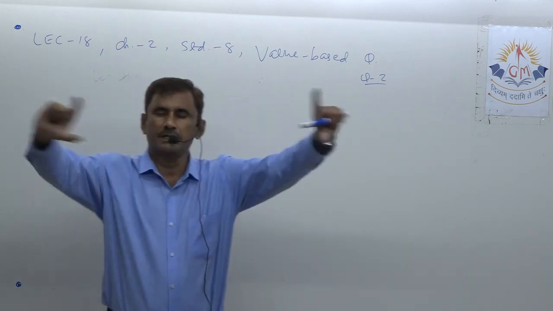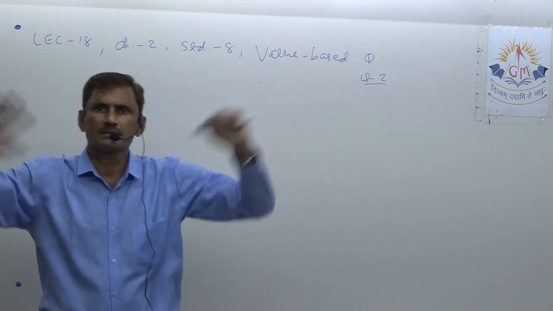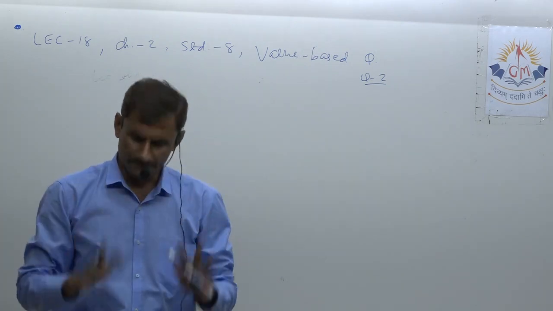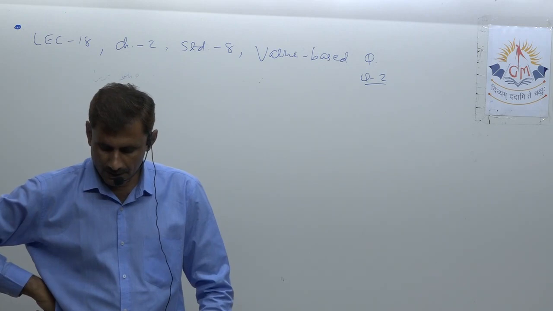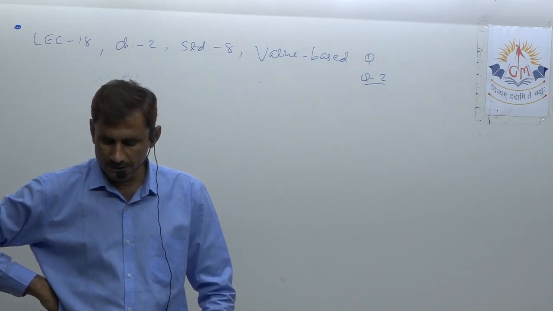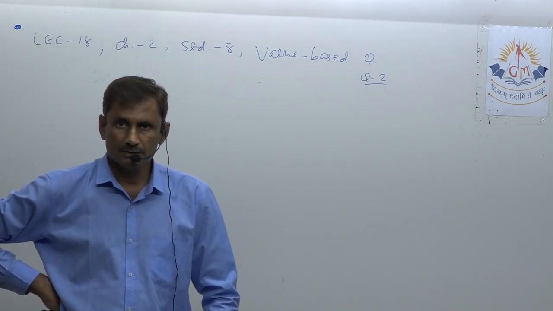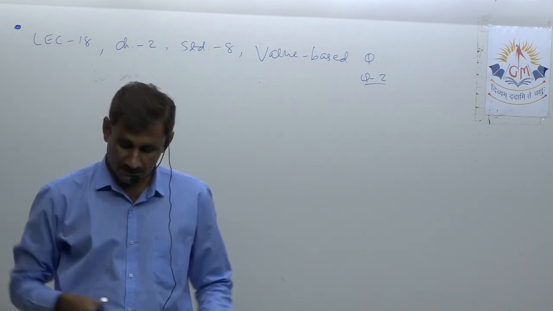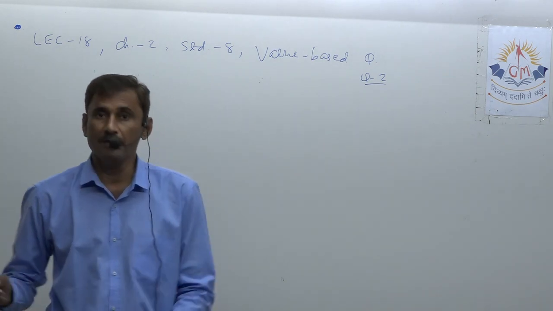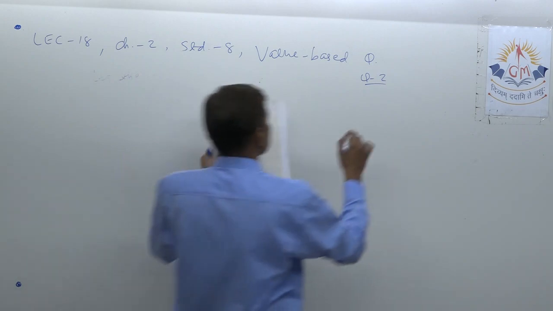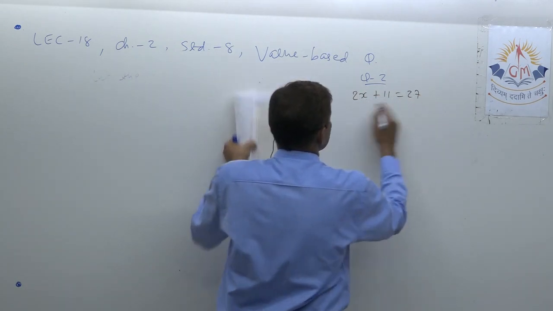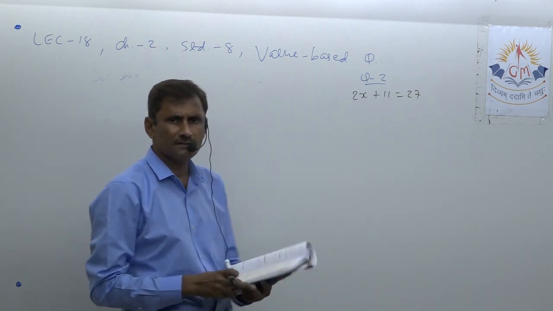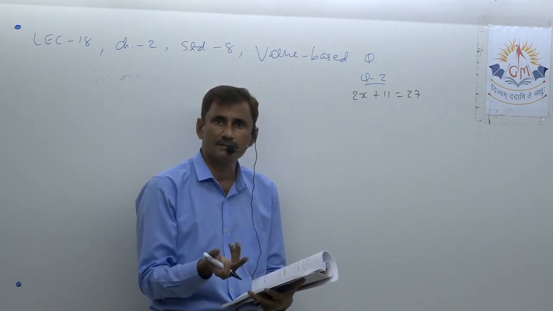I will not write the statement, let the number be x. I just speak. Find a number such that when it is doubled and 11 is added to it, the result is 27. So you will suppose the number to be x. Now what will that be? Double and 11 added, so 2x plus 11 is equal to 27. Okay, you just solve, x will be your answer because the number itself is supposed.